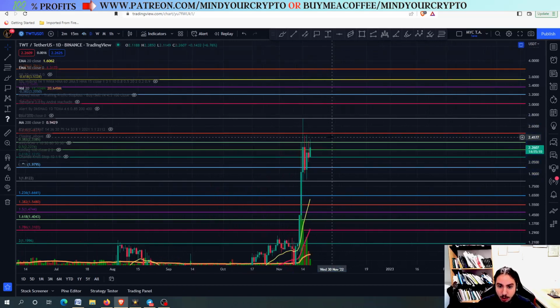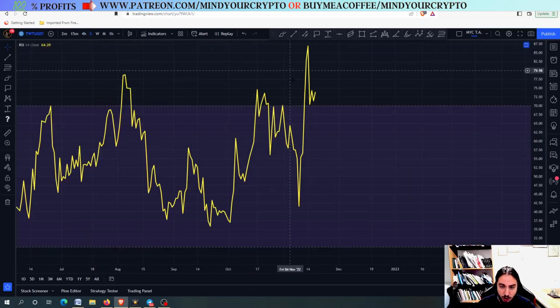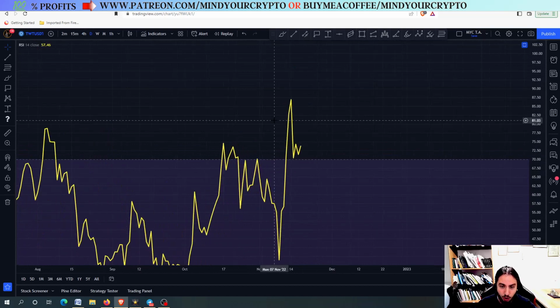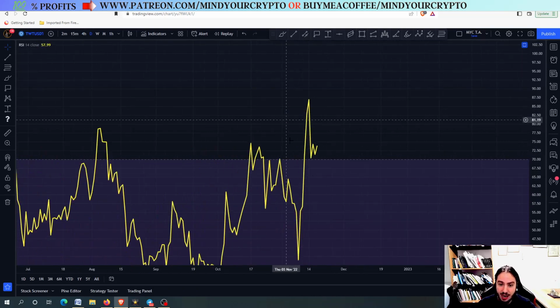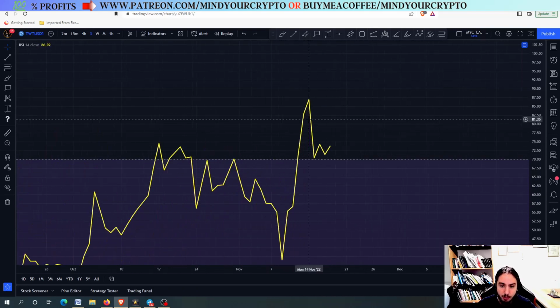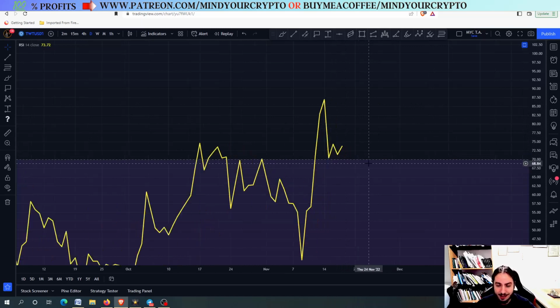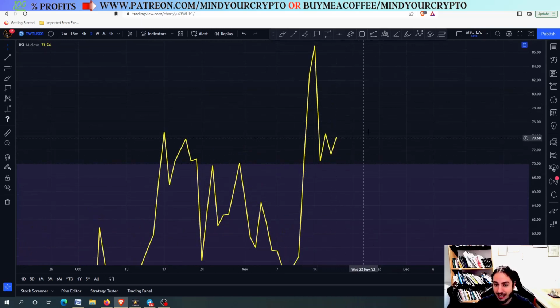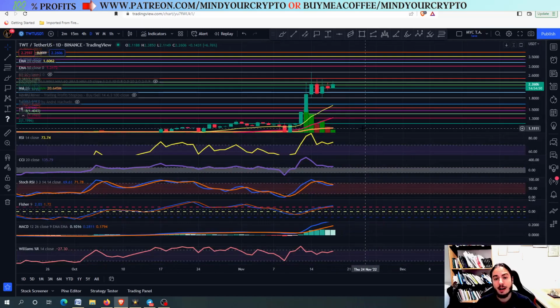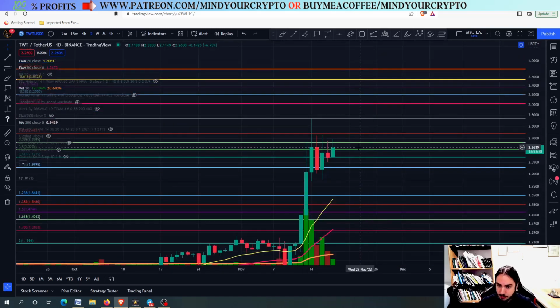Now, TWT, always remember, has a very high risk here due to the fact that we have the RSI in a hugely overbought situation, and we might be having right here a bearish pattern after a downtrend. You can see the patterns in the RSI as well, not only in the price analysis but in the technical analysis. So this is why we are saying that 2.30 is very critical to close above in the daily frame, and if we do not do that, we cannot go to the previous targets.